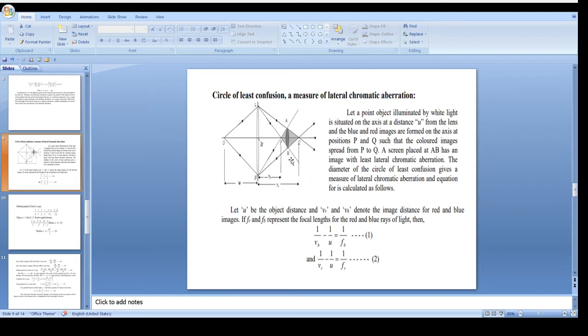The diameter of this circle of least confusion gives a measure of lateral chromatic aberration, and equation 4